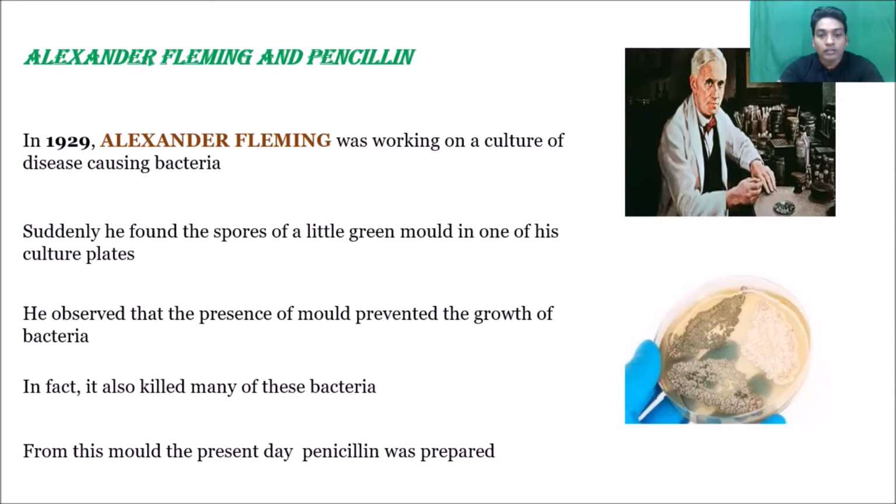So the mold which prevented the growth of bacterial culture in the plates was a fungus, and nowadays we call it penicillin, which is a very widely used antibiotic. So Sir Alexander Fleming was the one who initiated the study of penicillin, but later in 1931 he concluded the work, and later his assistants or researchers continued, and what we use nowadays as penicillin was their initiative.